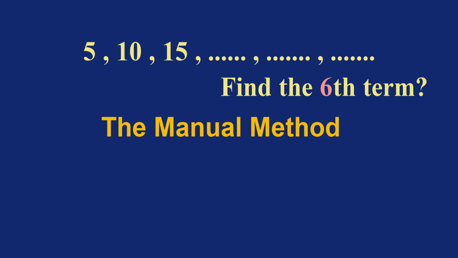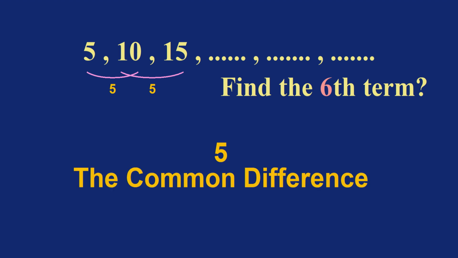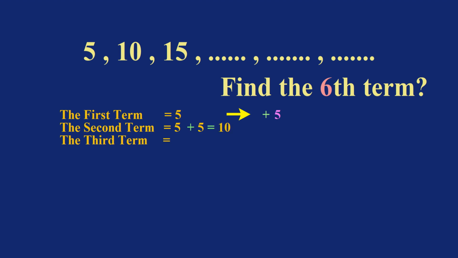Look at the problem. Since each term increases by 5 from the previous one, this 5 is called the common difference. The first term in the arithmetic sequence is equal to 5, and we can get the second term by adding 5 to the first term. So the second term is equal to 5 plus 5, which equals 10. And we can get the third term by adding 5 to the second term, 10 plus 5, which equals 15,